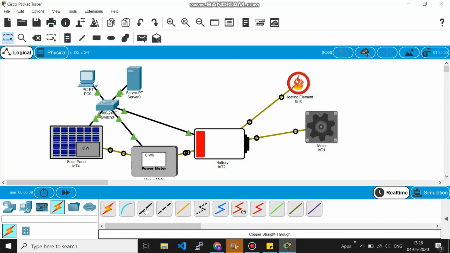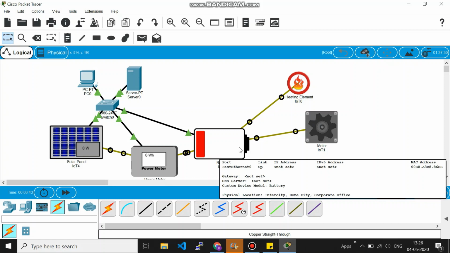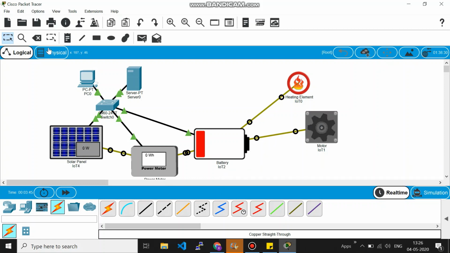Okay, so right now the power has got drained. So now what we can do is, if I disconnect this, the unit gets stopped. So that's the proof that it is working with the battery. So let's do it again. So now I'm going to connect to this anode. So it has to start working.